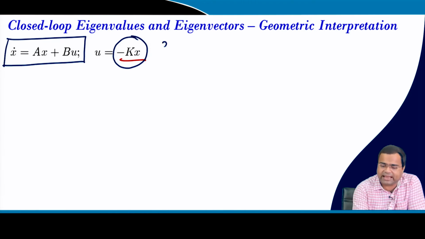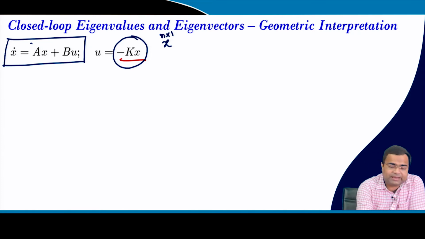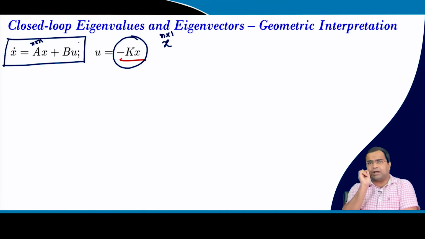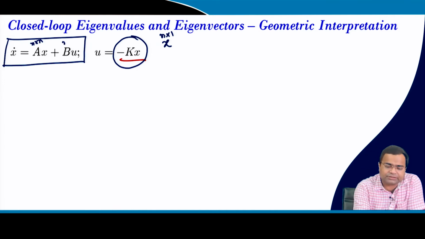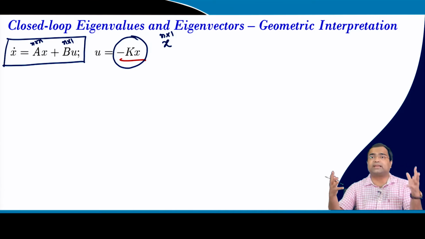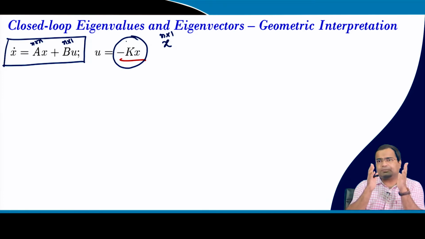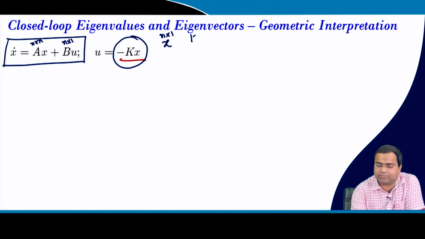So, in this case x in general can be n cross 1, that is n number of states, then A must be n cross n, and if the u, that means the duty ratio in our case, is a single input, then B is n cross 1. So, in our case it is 2 cross 1 because it is a second order system. And the gain matrix K is basically a row vector which consists of K1, K2. That means I can think of K to be K1, K2, it is a row vector.